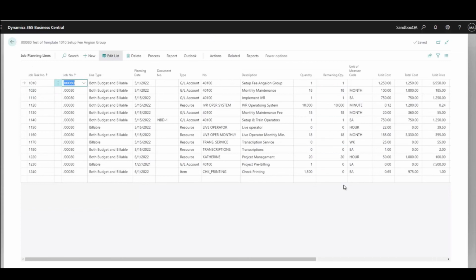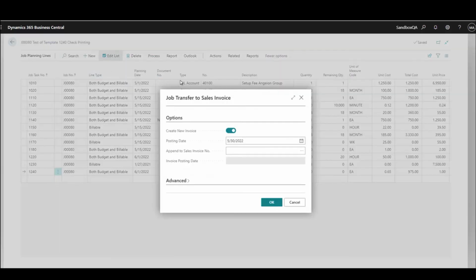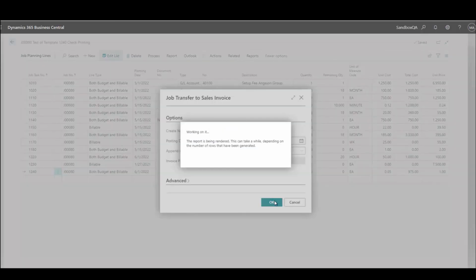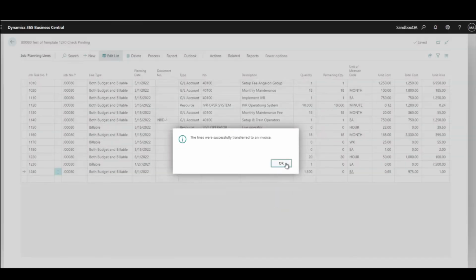And if you'll see, we now have 0 remaining for this 1500 because this has actually now been handled, and we can go out and create a sales invoice to invoice our customer for this. I have this job planning line highlighted here. I can go to processes, create sales invoice, put in my posting date for it, and this has successfully created